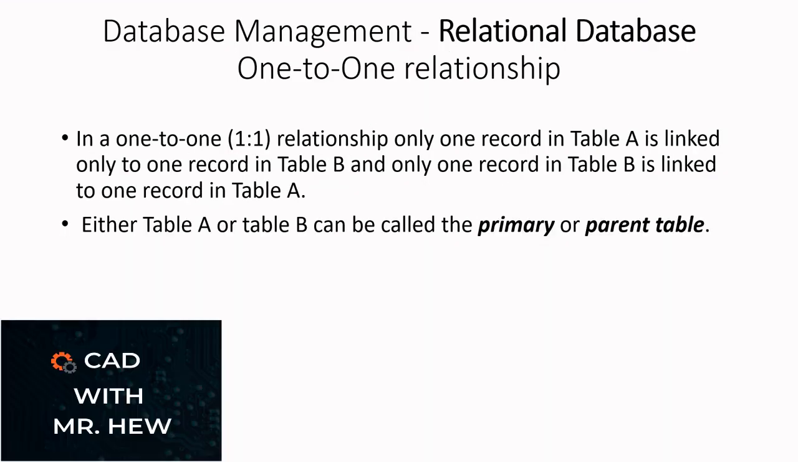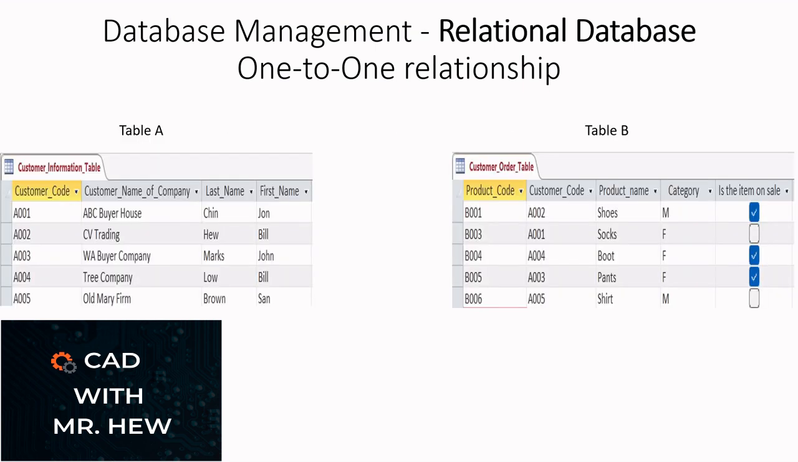One-to-one relationship. In a one-to-one relationship, one record in table A is linked to only one record in table B, and only one record in table B is linked to one record in table A. Either table A or table B can be called the primary or parent table. All right, so here we have